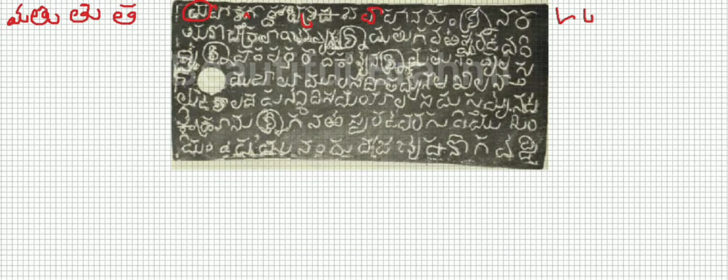Then it says Sri. We should identify the Sri. The Sri of this particular inscription is quite unique as compared to the previous stone inscriptions or modern Telugu. Sri Nara. Then we have a Ya, Yana, Narayana. Okay, it is Narayana, Sri Narayana. Then we have a Chakra, then Narayana. This is an early form of Na, which seems very similar to a No, but it is not No, it is a Na.